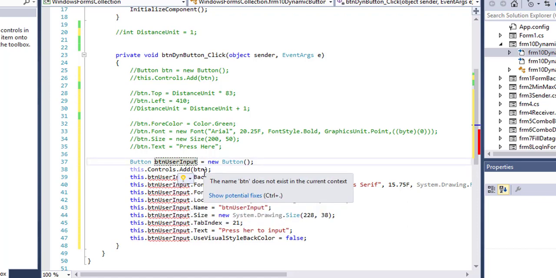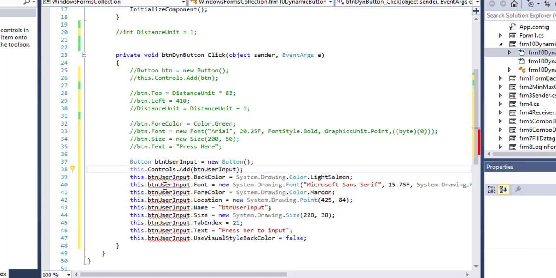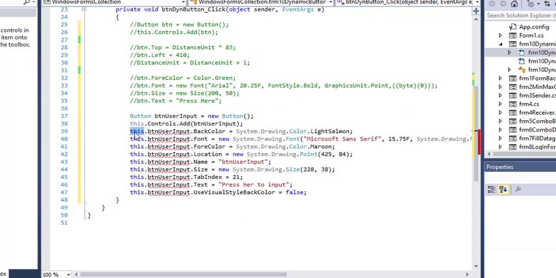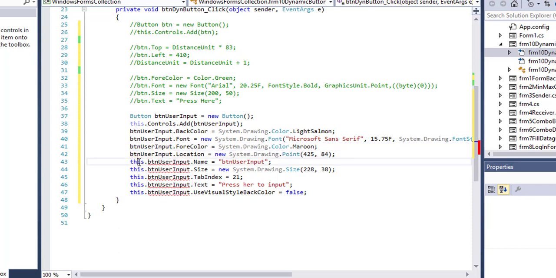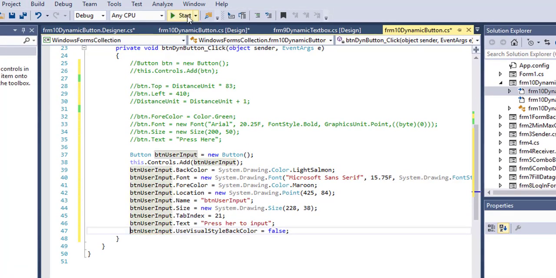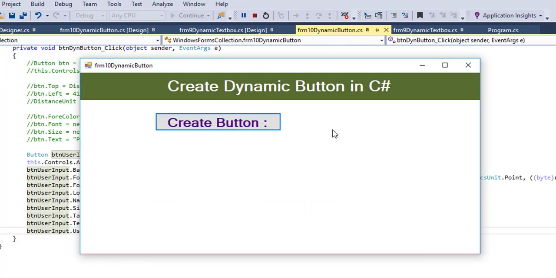Here I have to create the object btnUserInput and add to the form. This keyword is not needed. I will erase all. Let's run it. See, button created one time.